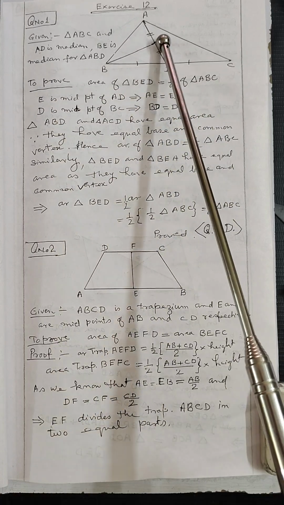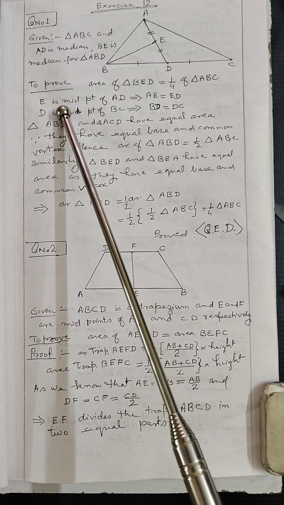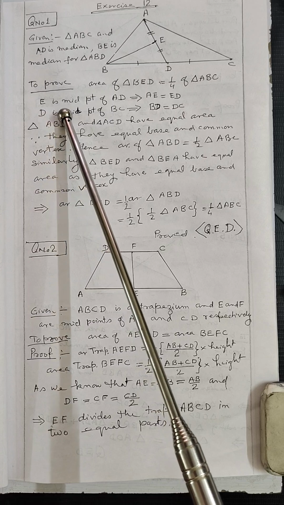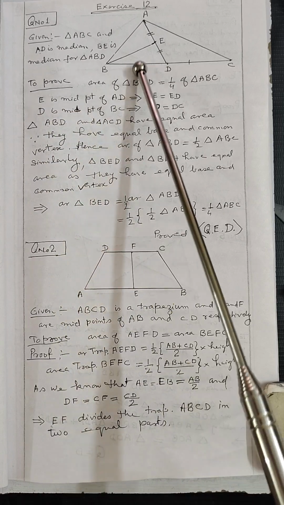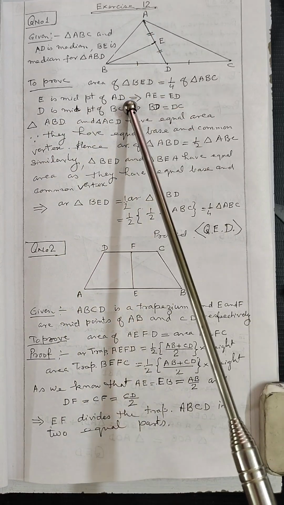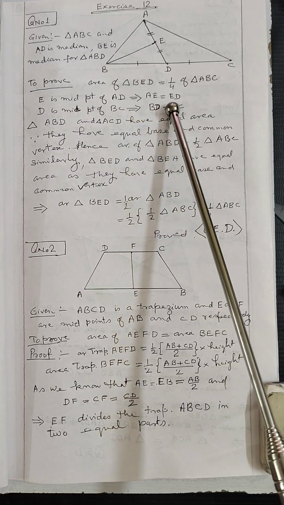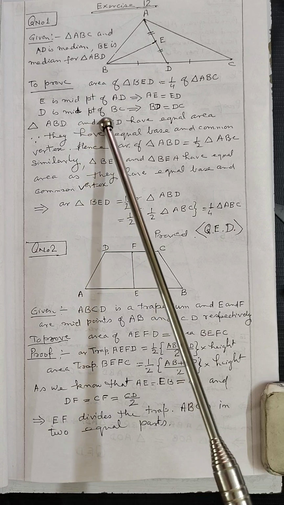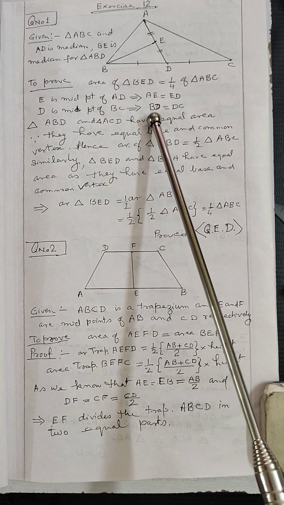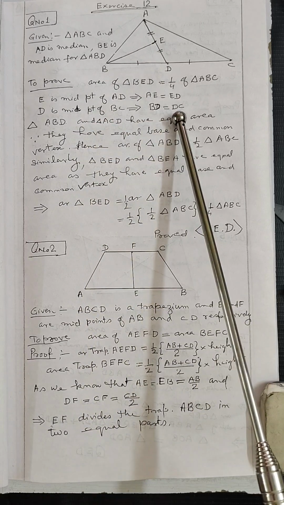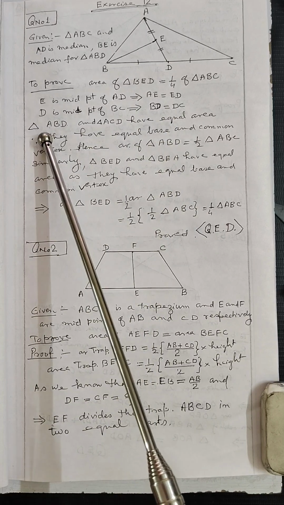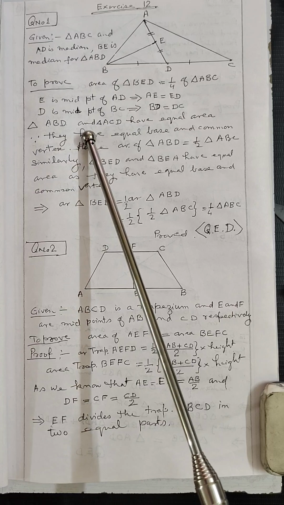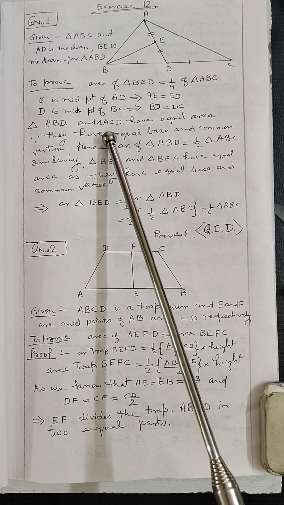E is the midpoint of AD. Therefore, AE is equal to ED. And D is the midpoint of BC. Therefore, BD is equal to CD. In triangle ABD and triangle ACD